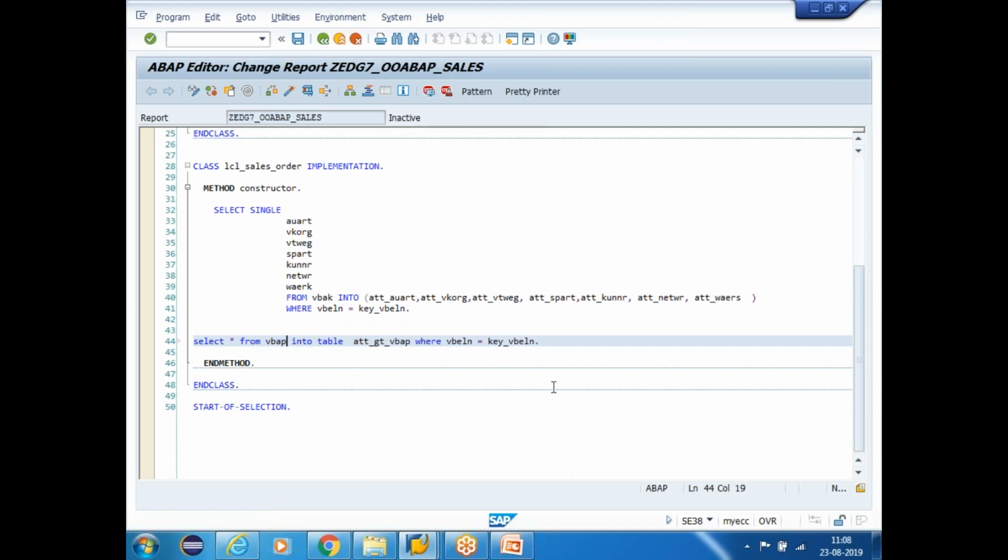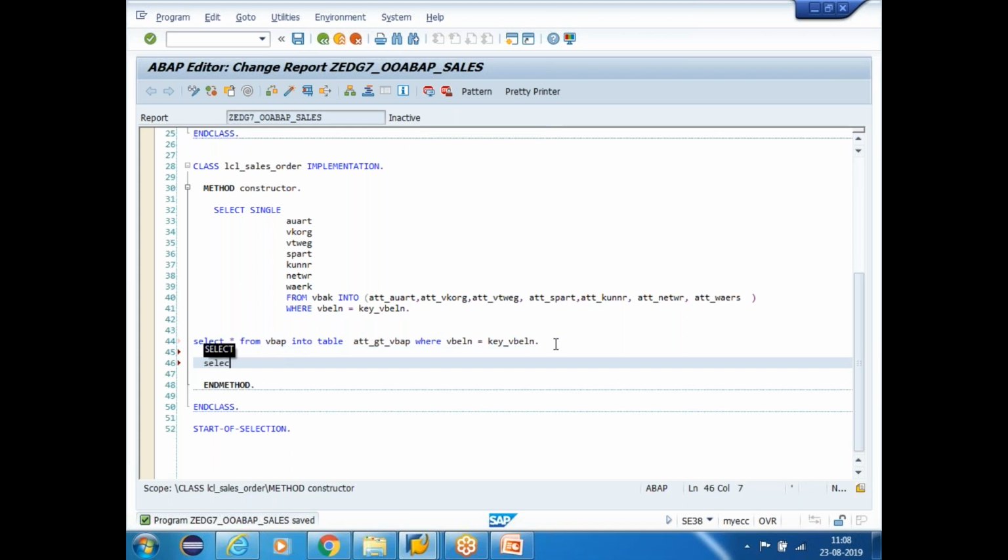Okay, save it. And next, simple now. Okay, if it's all the fields, it's very simple, guys. VBPA into table ATT underscore GT underscore VBPA, where VBELN equal to the key underscore